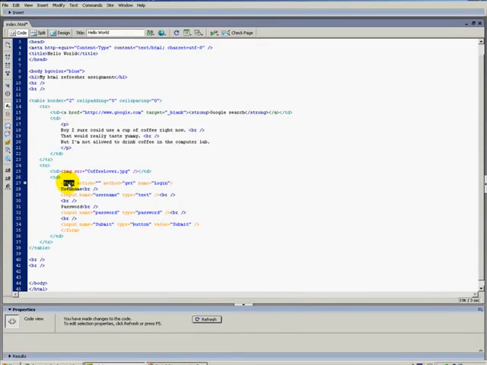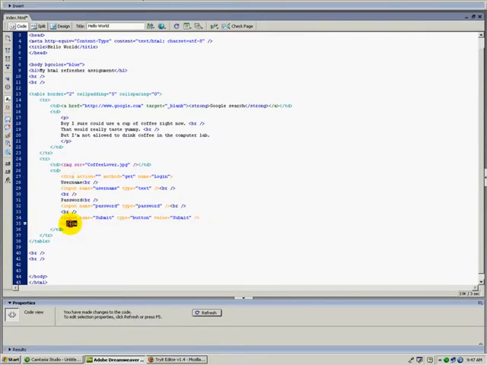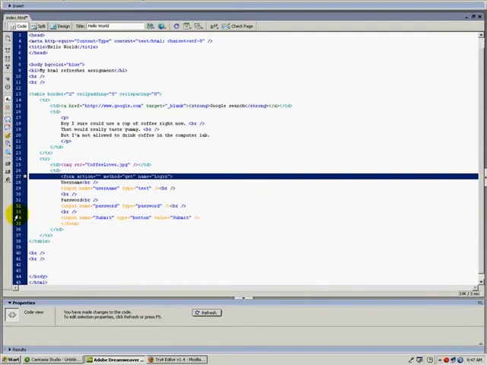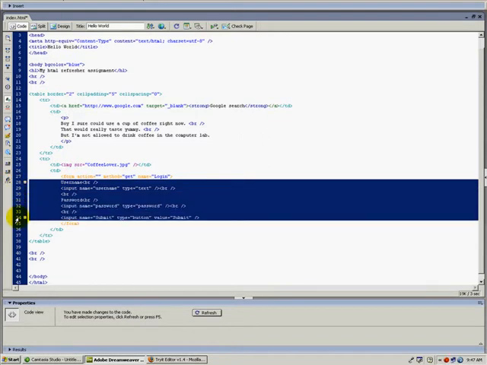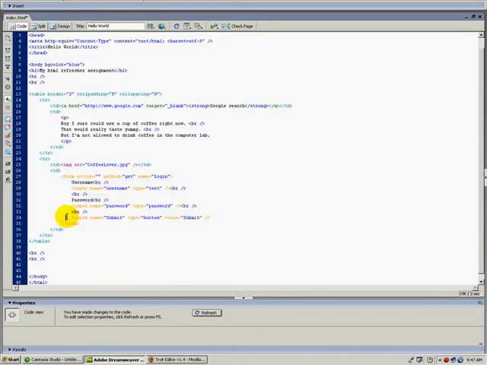Now the form tag starts here, the form tag ends here, and it encloses everything between here and here. So what I'm going to do is highlight that and indent that one as well. All right. Now this, I would say, is properly